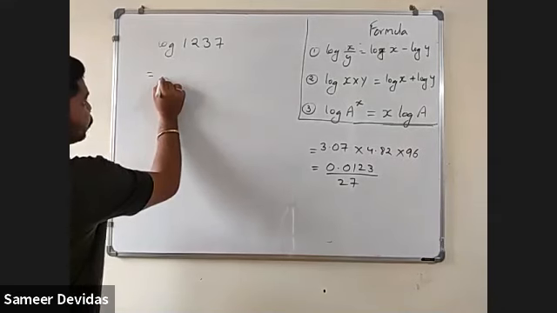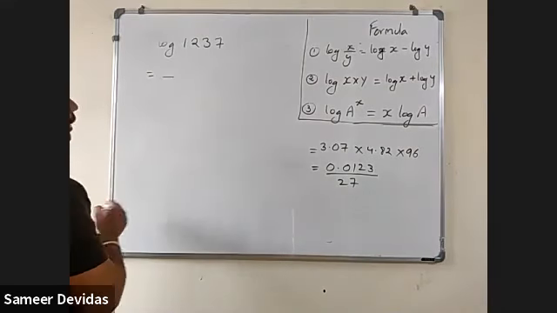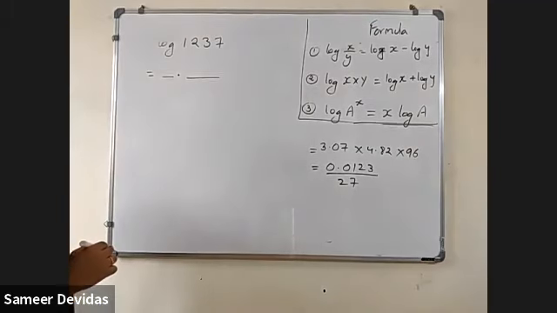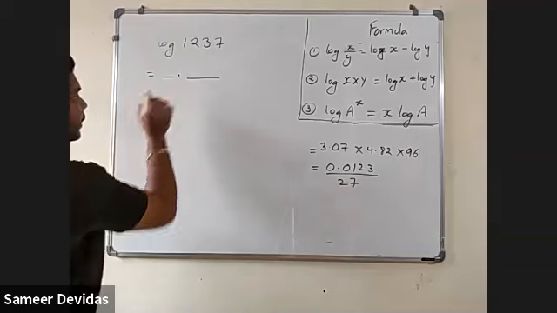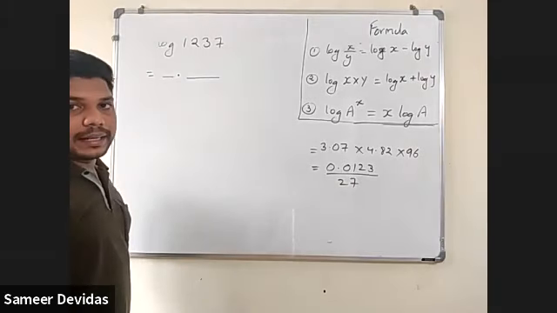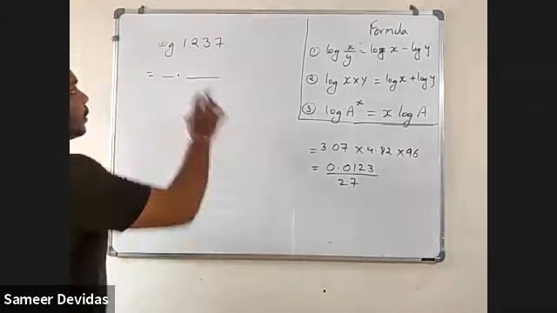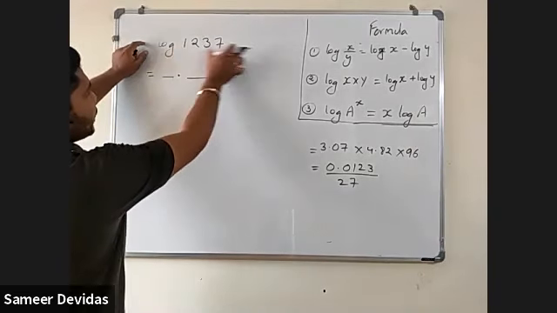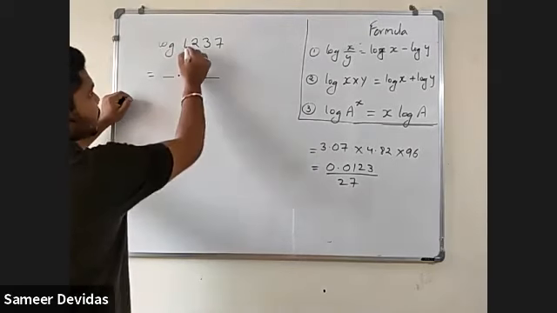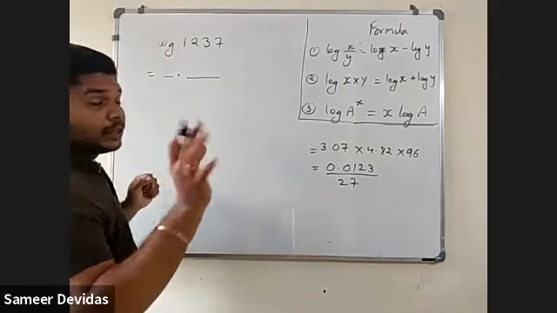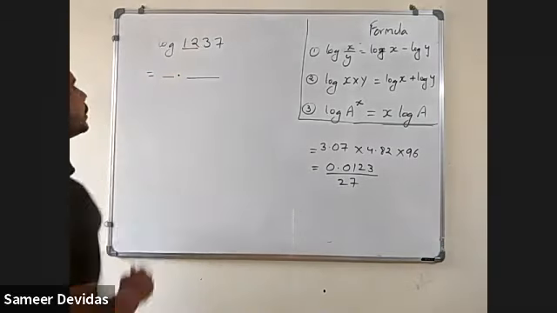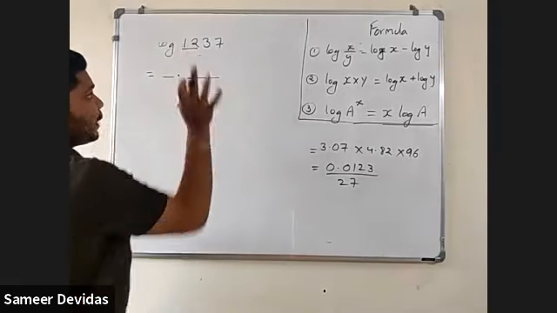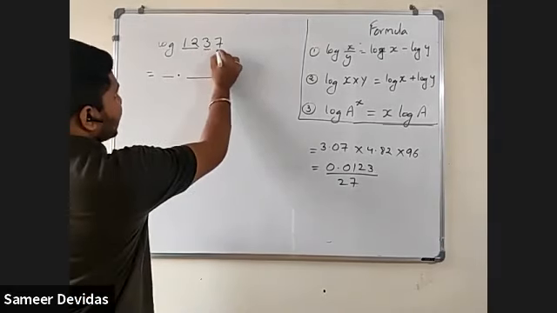You need to write two things. What is that? This is one vacancy, then there is a decimal, and then there is one more vacancy. Now, if you check it here, what is it exactly? Again, I will tell you. Whatever number's log is there, the first two digits, I have said, are not zeros. First two digits you have to consider. Like here, 1 and 2 is there. So the first two digits are 12. Then third and then fourth.